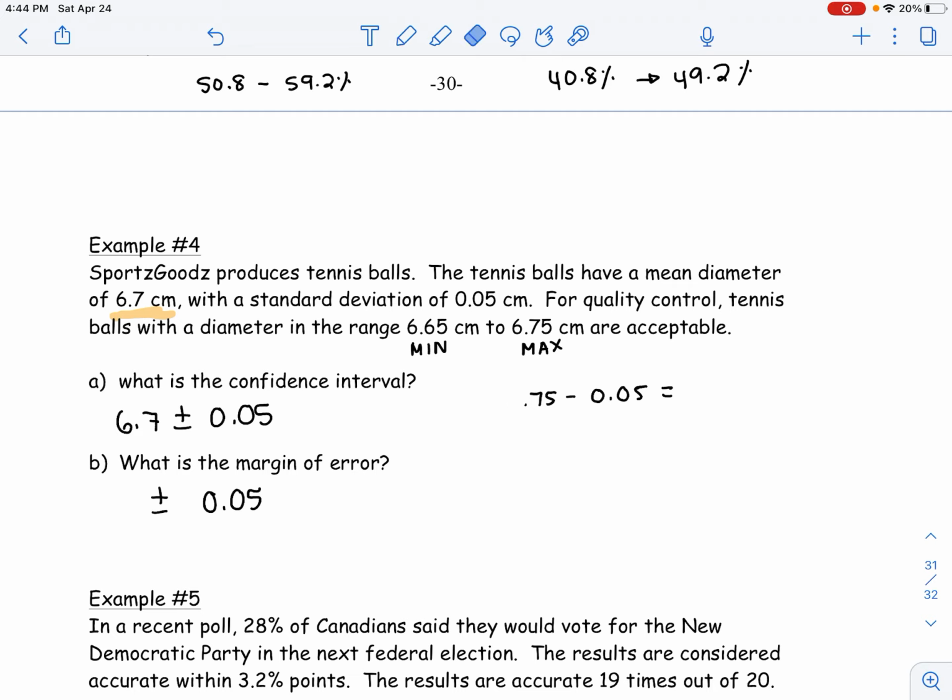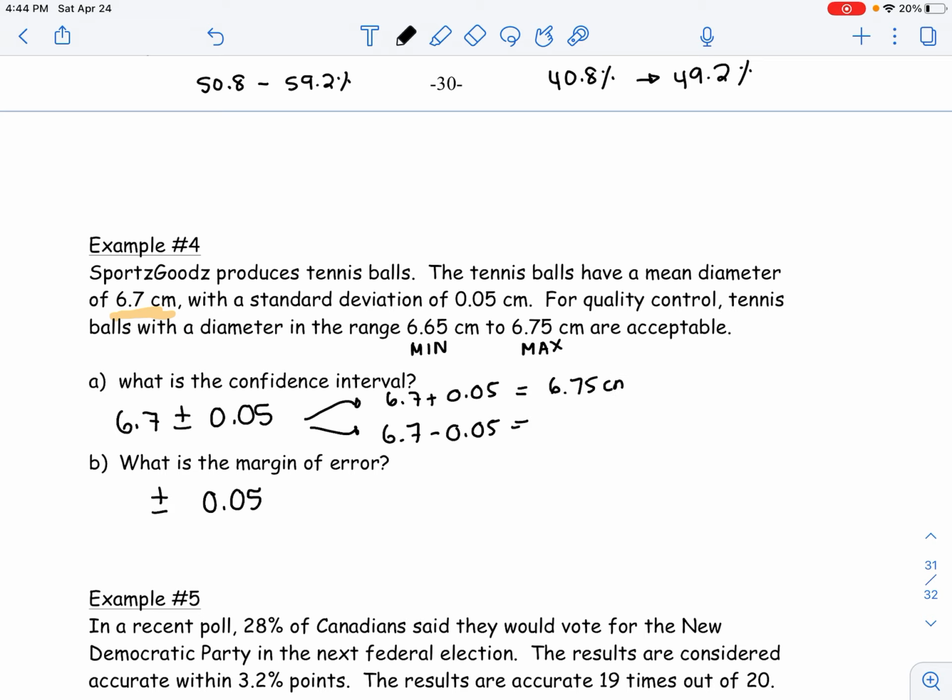So we are already given our confidence level. So instead of having to calculate it, we already know our min and max values, but this is if you want to do it the way before. Remember, our max is when you add the numbers, and our min is when you subtract the numbers.